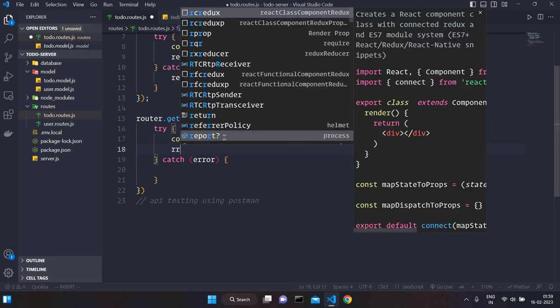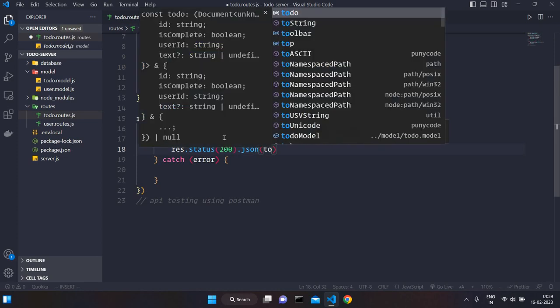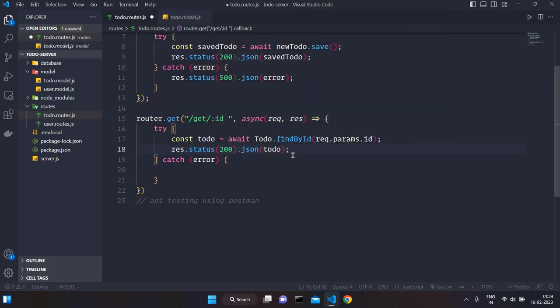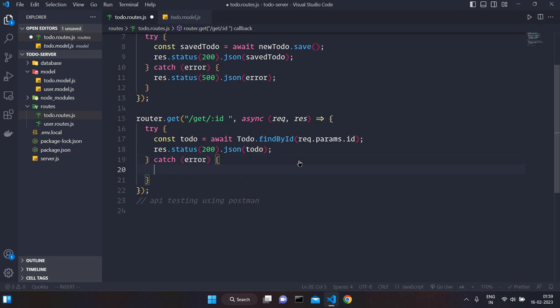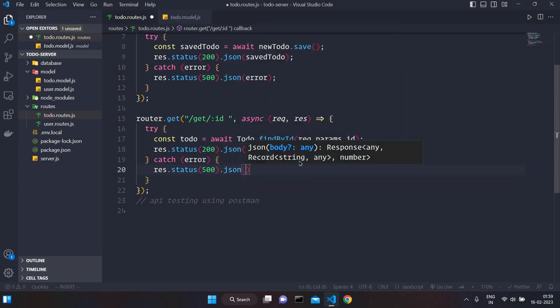And we can just return status code 200 with this todo, right? And in the else block we can just say 500.json errors,